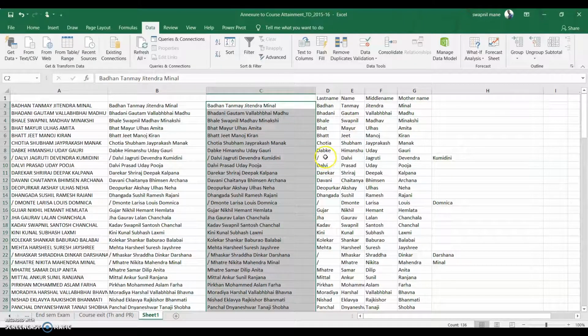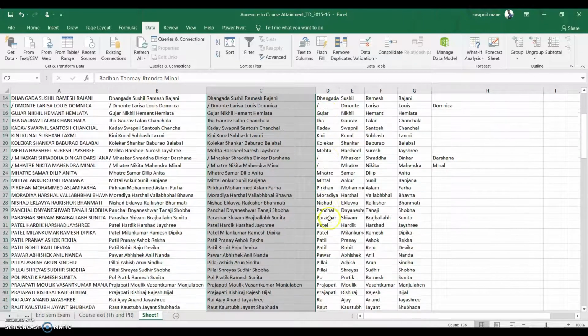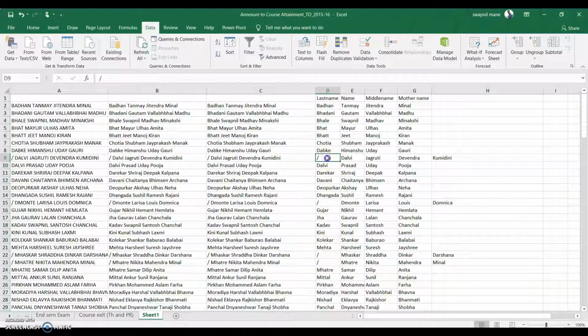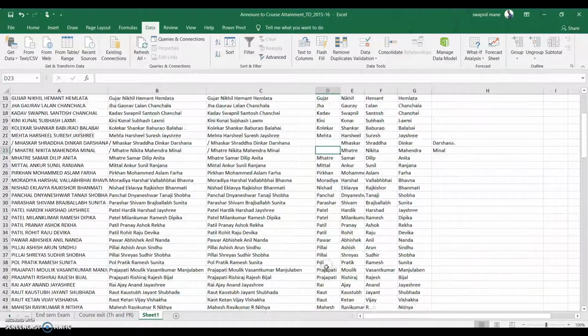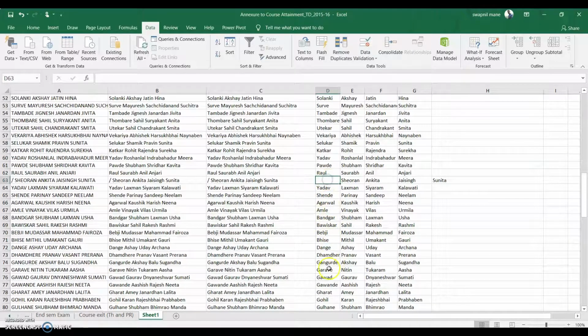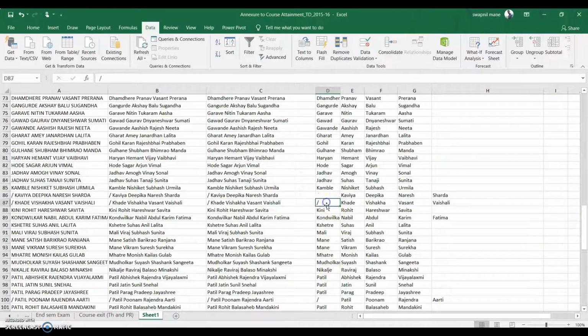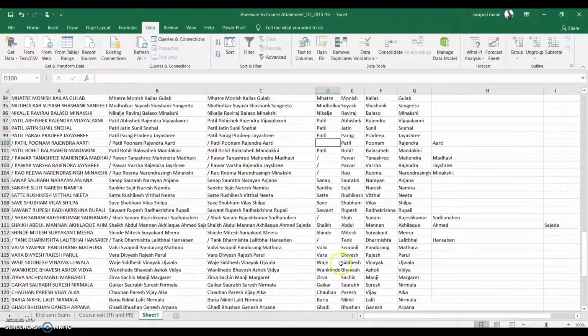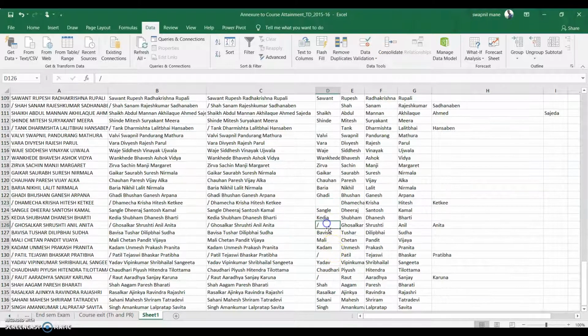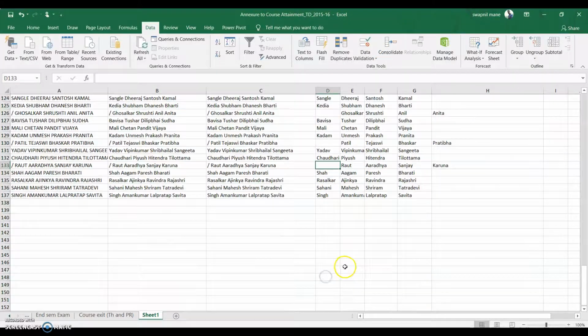Only, you can see that some names which are followed by the slash sign are showing something different here. So delete this, because it is considering this also as a separate character.